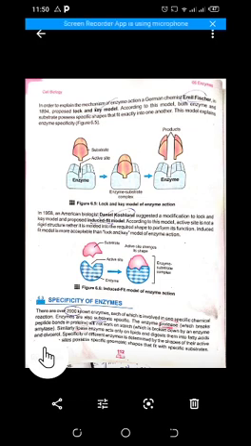Then comes specificity of enzymes. How are enzymes specific? As we know, there are over 2000 known enzymes, each of which is involved in one specific chemical reaction, and they are substrate specific. The enzyme protease breaks peptide bonds in proteins. It helps in the digestion of protein and will not work on starch. For starch, we have another enzyme, called amylase. Similarly, lipase enzyme acts only on lipids and digests them into fatty acids, right?